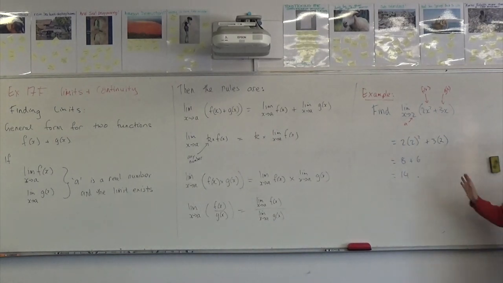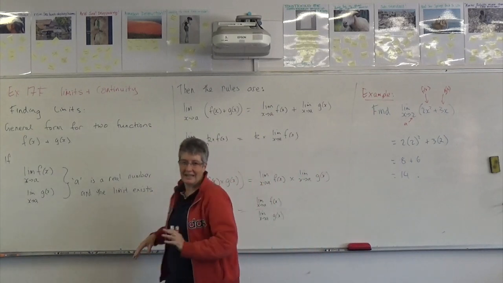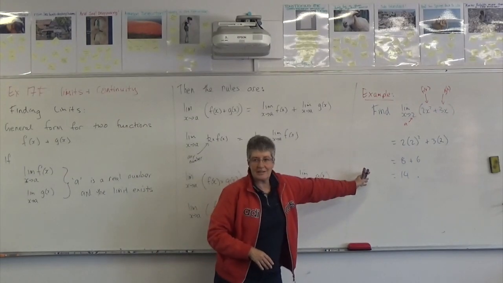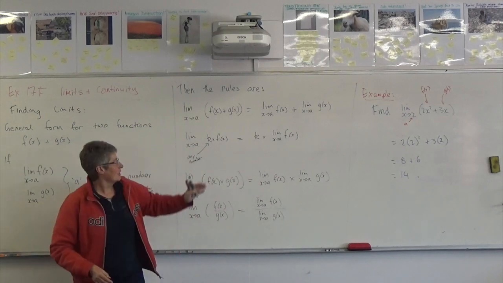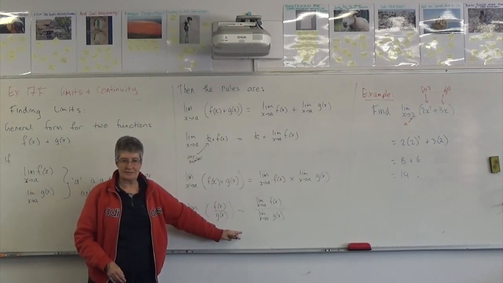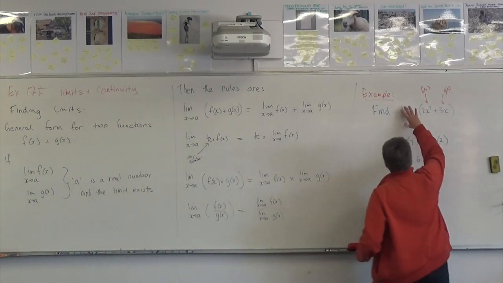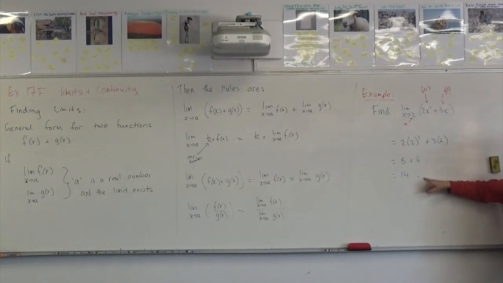As I said, this looks complicated, but it boils down to something very simple. But you need to know this terminology. Does that make sense? This is saying if I put the limit into this equation, then it's going to get really close to 14. It's a limit, so it's approximating it to 14. That's the idea of a limit. It's not really 2 that we're putting in, but we're approximating it to 2, so it's going to get really